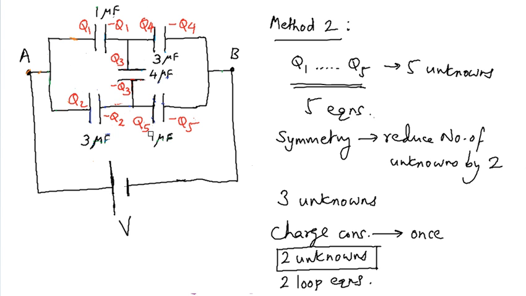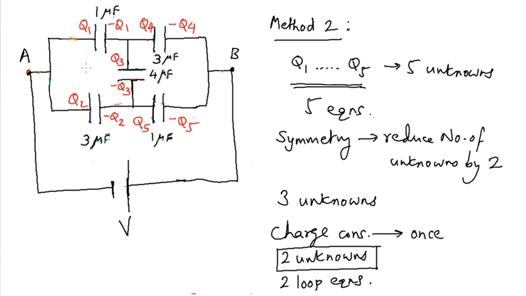The symmetry conditions are obtained by reversing the battery. That is, suppose that the battery which was present from the very beginning was connected in this manner rather than in the previous manner. Now don't be in a hurry to apply the battery reversal rule which we just now discovered. We will apply that rule later. Rather, try to look at the symmetry of the problem. We will now show that after the reversal of the polarity of the battery, the circuit is electrically identical to the circuit which we had before the battery was reversed.